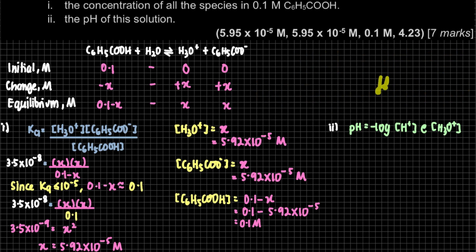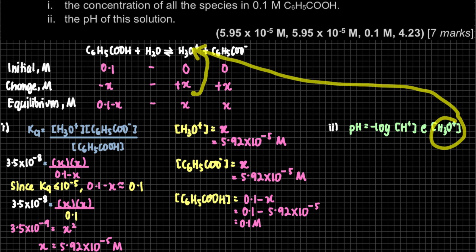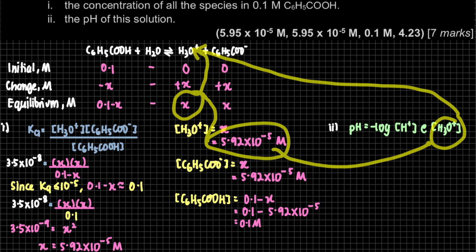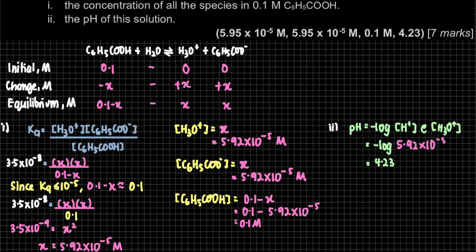H plus and OH minus are different. But H plus and H3O plus are the same. H plus is not equal to OH minus. So this question asks for negative log H plus, but when we look at the equation, there is no H plus. That is why pH is the same, negative log H3O plus. We have the H3O plus here, and it must be at equilibrium. The equilibrium we have also calculated from question 1 Roman. Then we can substitute the value straight away into this formula. Then you will get your pH to be